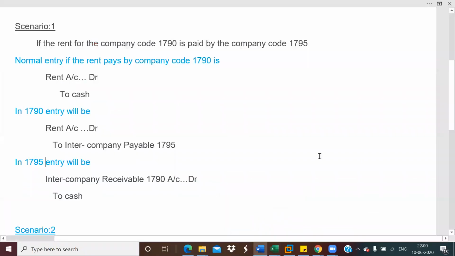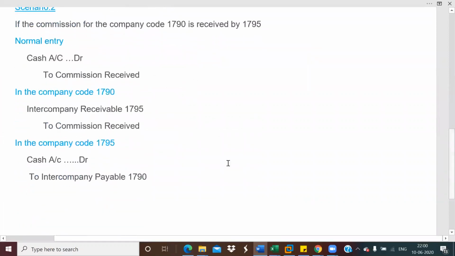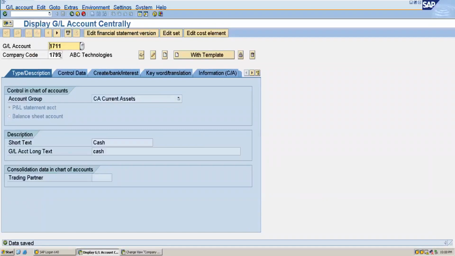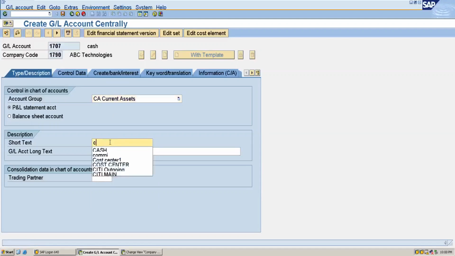So same way we'll see what all accounts we have to maintain. So in the second scenario, the company code 1790 we have to maintain intercompany receivable 1795. Okay. So for the intercompany receivable, I will give 1707, and the company code is 1790, and then create this a current account, current asset. Okay. The company receivable 1795,